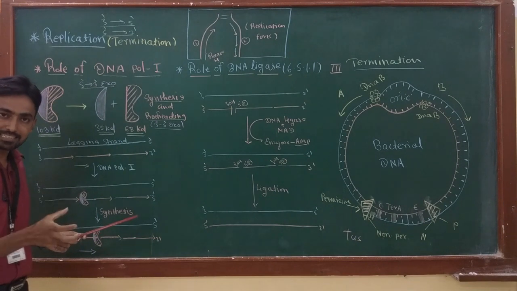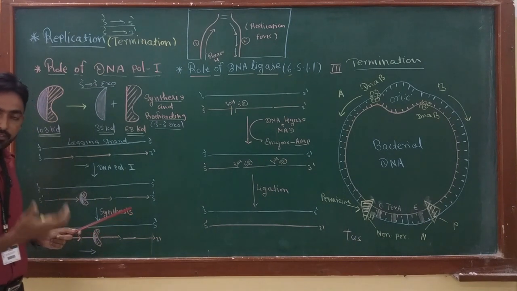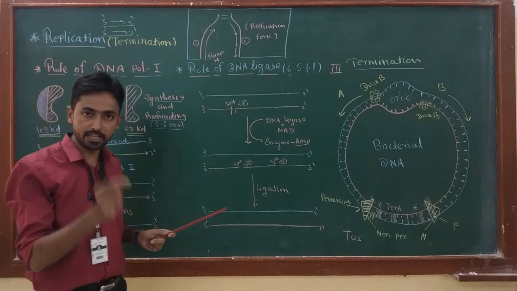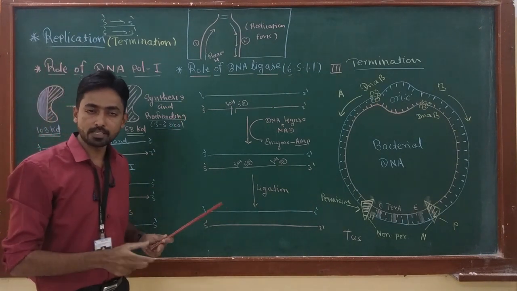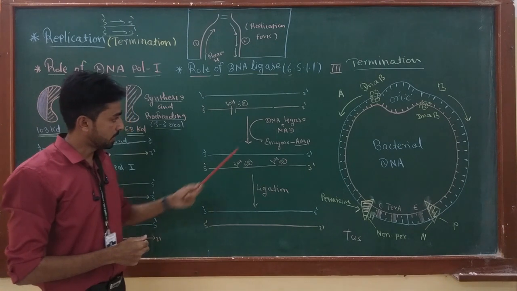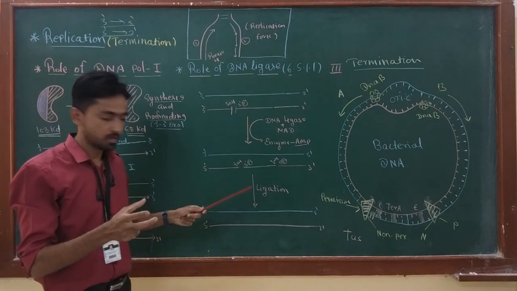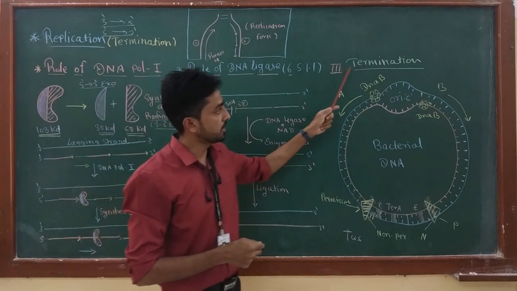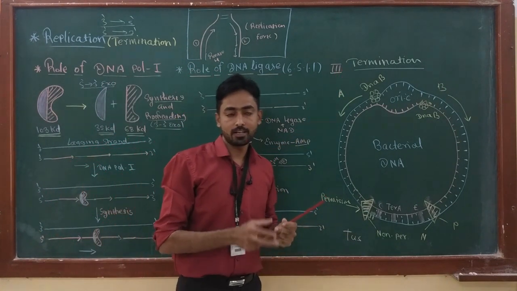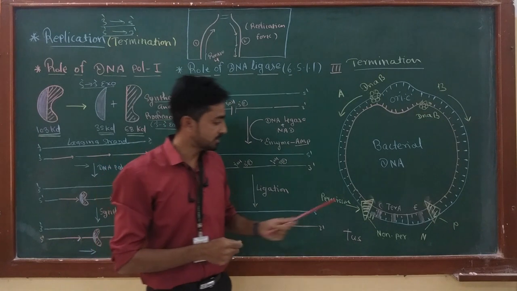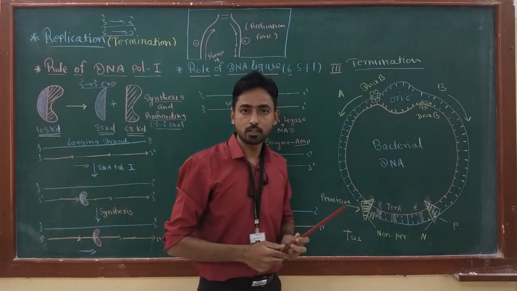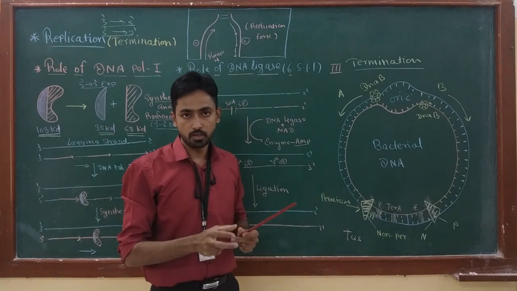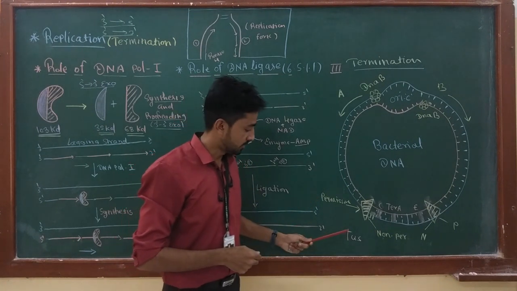Okay, so in today's lecture we have finished with the role of DNA polymerase 1 in removing primer from the lagging strand, and at the same time it fills the gap with DNA. Then DNA ligase seals the nick between different Okazaki fragments, carrying out the reaction using ATP. And in the last portion we saw the termination of prokaryotic DNA replication. It occurs due to the special site on the DNA called the TER site, and this replication inhibition occurs with the help of a protein called the TUS protein.